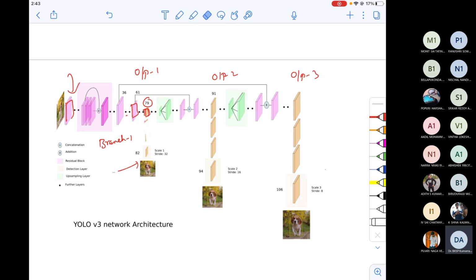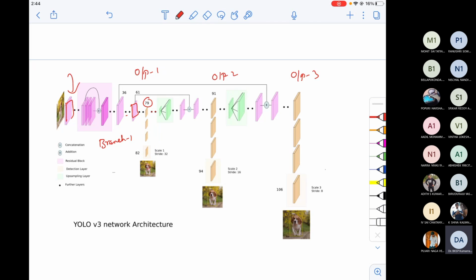Now, if the feature map size is reduced, then it can detect one kind of object with a particular size.